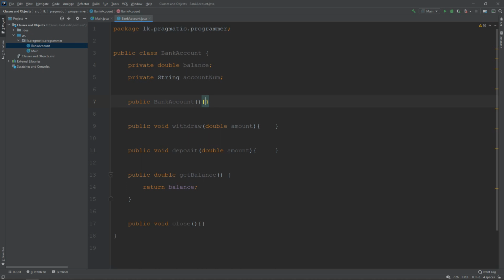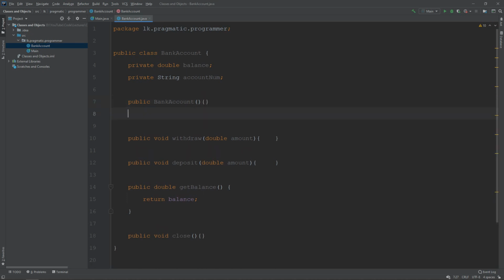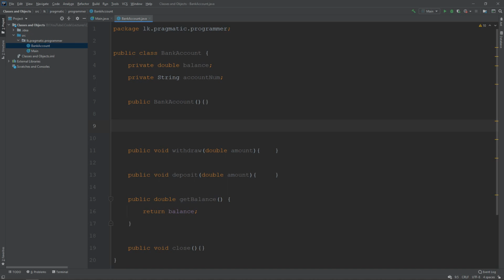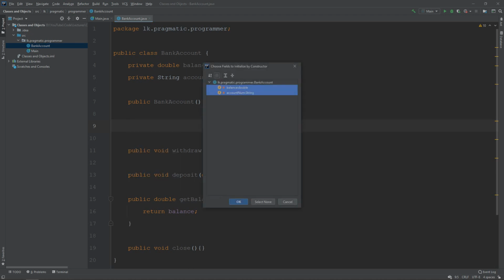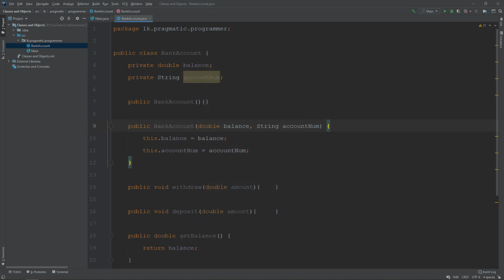We don't really need to create a default constructor because Java will automatically do that for us. But if we want to have many constructors, for example, let me create one that will initialize the values correctly. Let me generate a constructor. Again, Alt Insert, constructor, and select both the variables, and then you get this.